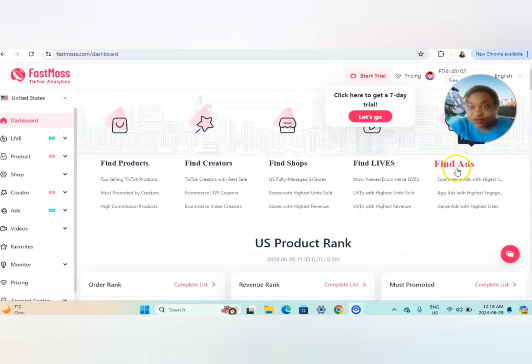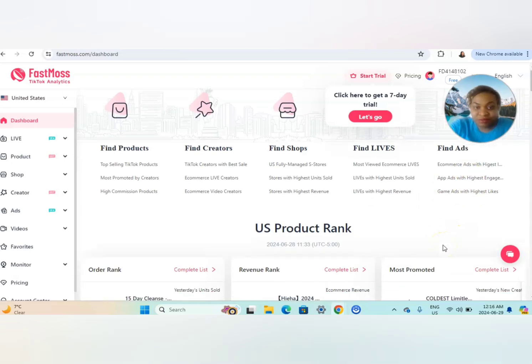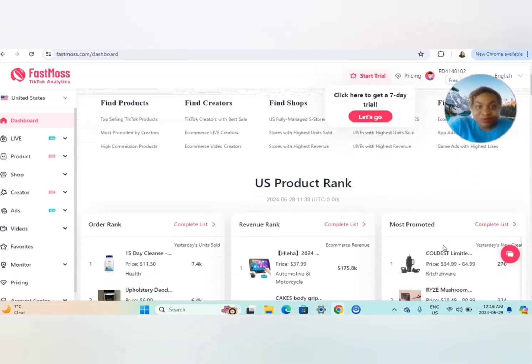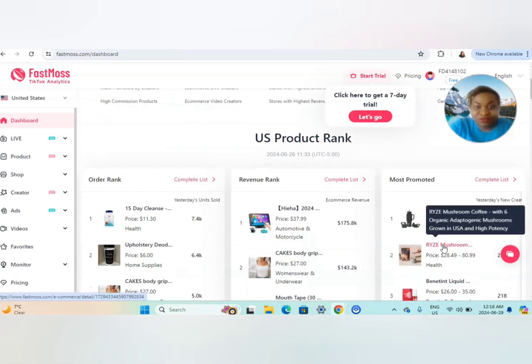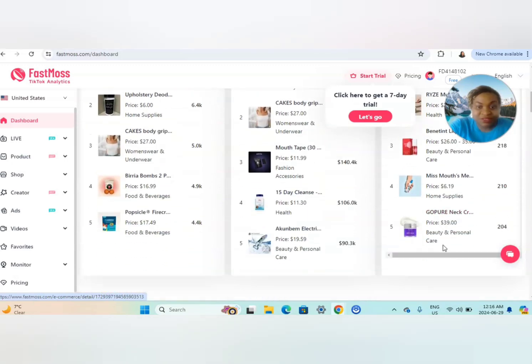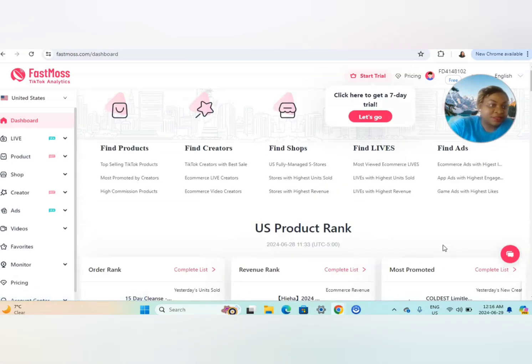Then for ads, for those of us that run ads, you can find ads here. Ads with the highest impression, e-commerce ads with the highest impression, app ads with the highest engagement, game ads with highest likes. Okay, and these are the US product rank that I think we've gone through at the beginning of this conversation. Then if we scroll down,